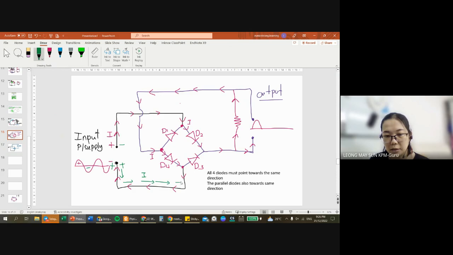It reaches the junction. When it reaches this junction, it cannot go to diode 4 because that's reverse bias in the current direction, but it can go to diode 3. It's forward bias with diode 3. So it goes to here, and cannot go to D2 because of reverse bias. So you notice that it's the same direction right now as the red color arrow. So it passes through the resistor, and then it goes back. If you notice, the same line